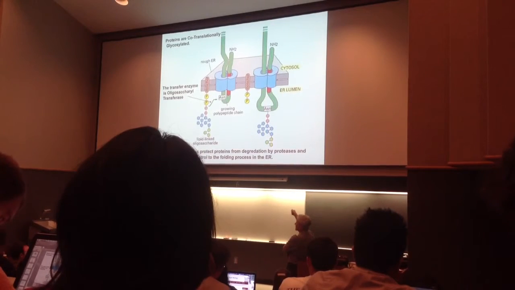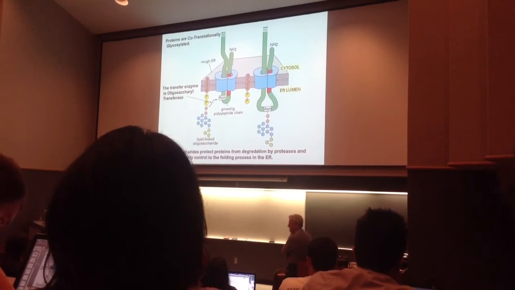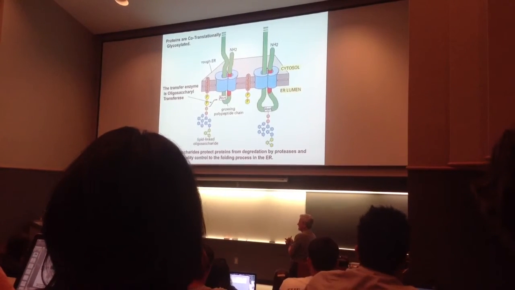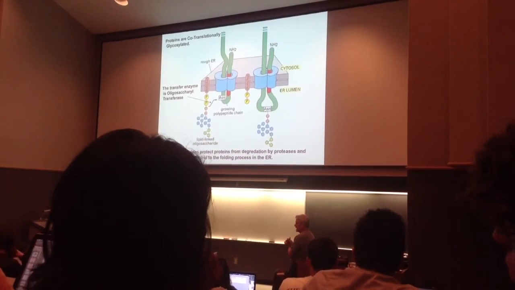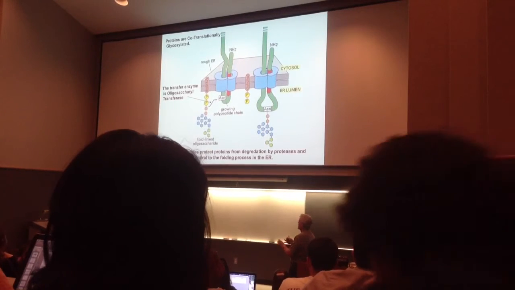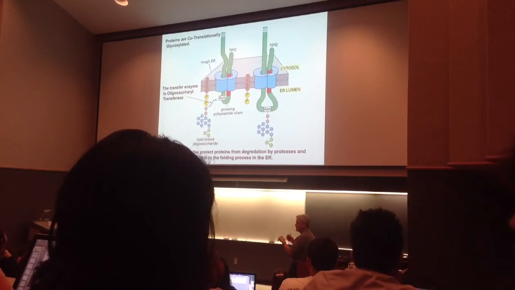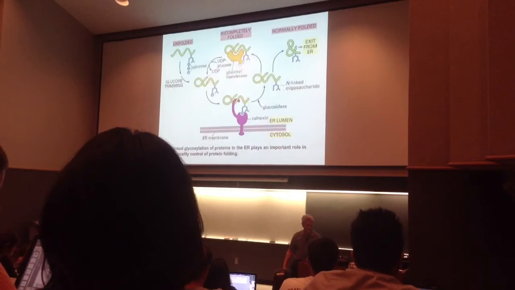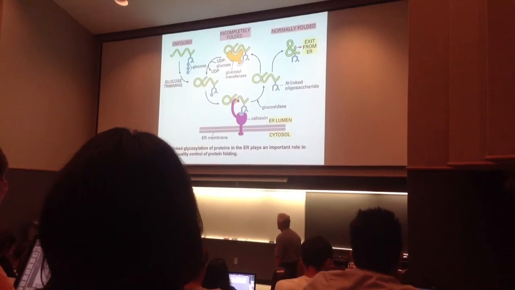And these sugar molecules have a lot of functions. We've talked about some of them, right? They protect proteins from being digested by proteases somewhat. They also serve as ligands for particular receptor molecules. So they have a lot of functions. But the other thing they do is they're involved in this folding process, and I want to try and show you that. So this shows you the quality control mechanism